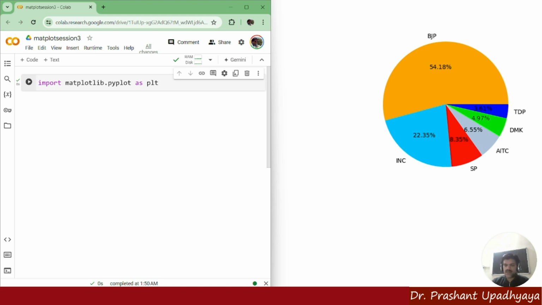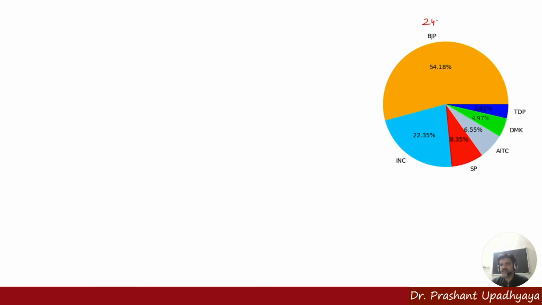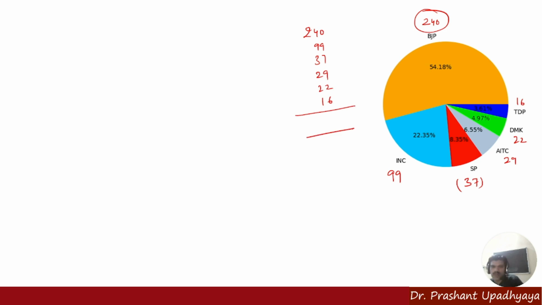Here we start with the BJP, which has obtained, let's say, 240 seats. Indian National Congress, INC, has 99, SP 37 seats, AITC 29 seats, DMK 22 seats, and TDP 16 seats. So the total, if we add 240 plus 99 plus 37 plus 29 plus 22 plus 16, is going to come out to be